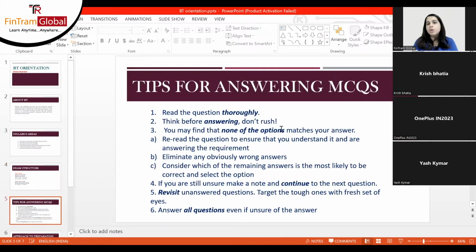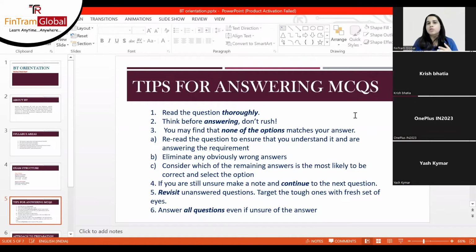All right, then moving on to the tips for answering MCQs. Like I said, this is an on-demand CBE exam, mostly MCQs, and even in MTQs, they are on the lines of MCQs. So you, of course, need to understand exactly how you should tackle these MCQs. First and foremost is, of course, you need to read the question thoroughly. Many students, they do not read the question. They see the question is a bit longer, maybe 3-4 lines, and they just tend to read it or glance at it quickly, and they'll think that, oh, I have answered or I have seen this type of question somewhere,